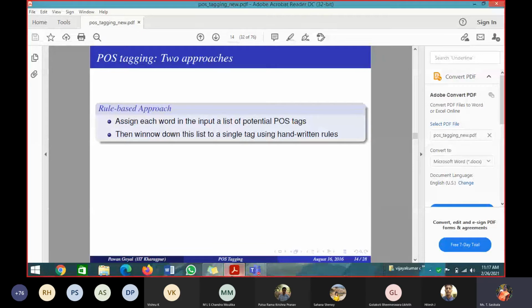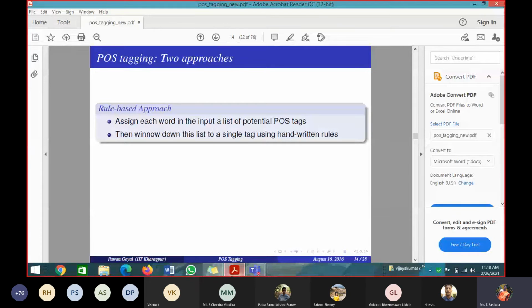That is the morphotactics-related information you want, and you should also have some basic knowledge about the corpus you are using. If I give a new corpus and you don't know anything about what words it has, how it is framed, what the corpus is talking about, what the context of the corpus is, you will not know everything. So these are all the basic requirements needed to do that.